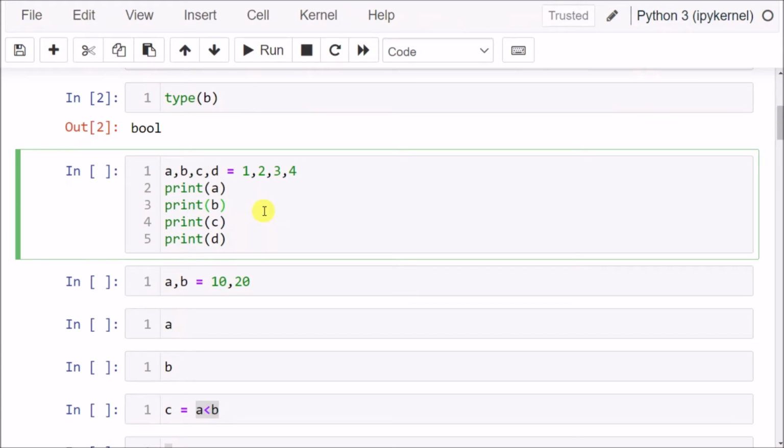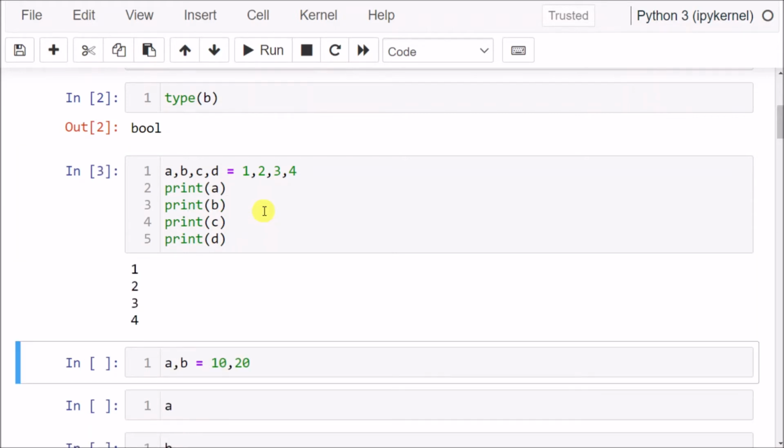We have to create them separately, like a is equal to 1, semicolon, then b is equal to 2, semicolon, and so on. So this is a very good and attractive feature of Python. Here you can see printing a gives 1, b gives 2, c gives 3, and d gives 4.